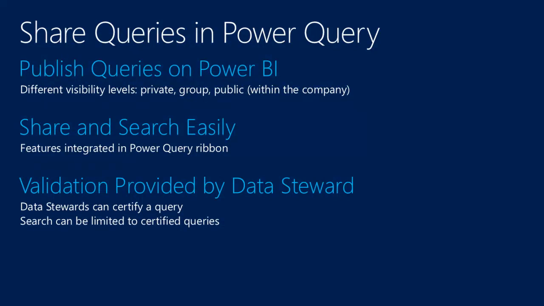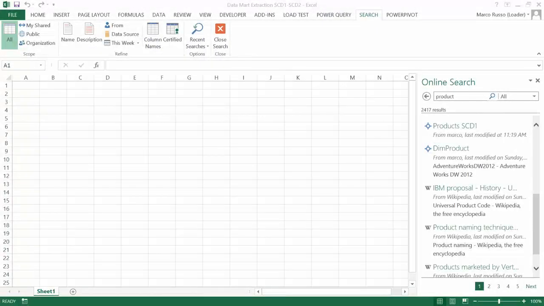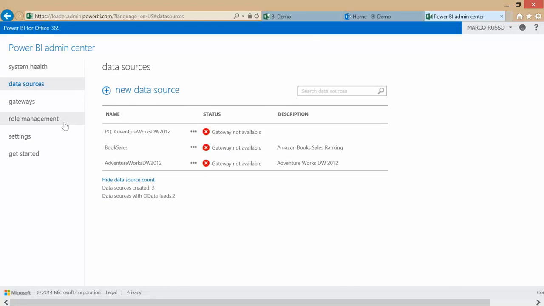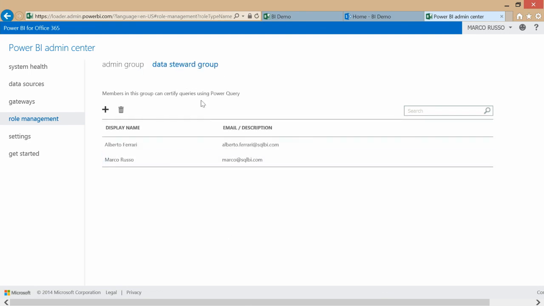So where is this thing? So let me take a look at the administrative website. Here we have, let me see, role management. As you see in this page, this is the administrative user interface of Power BI, and here you can specify who is the administrator of Power BI, but you can assign the role of data steward. In this case, also Alberto is a data steward in SQL BI,